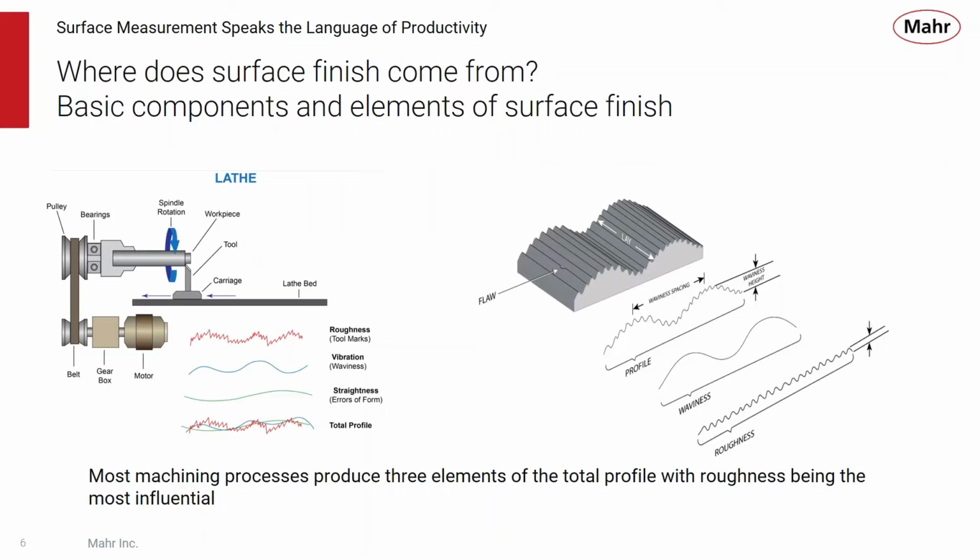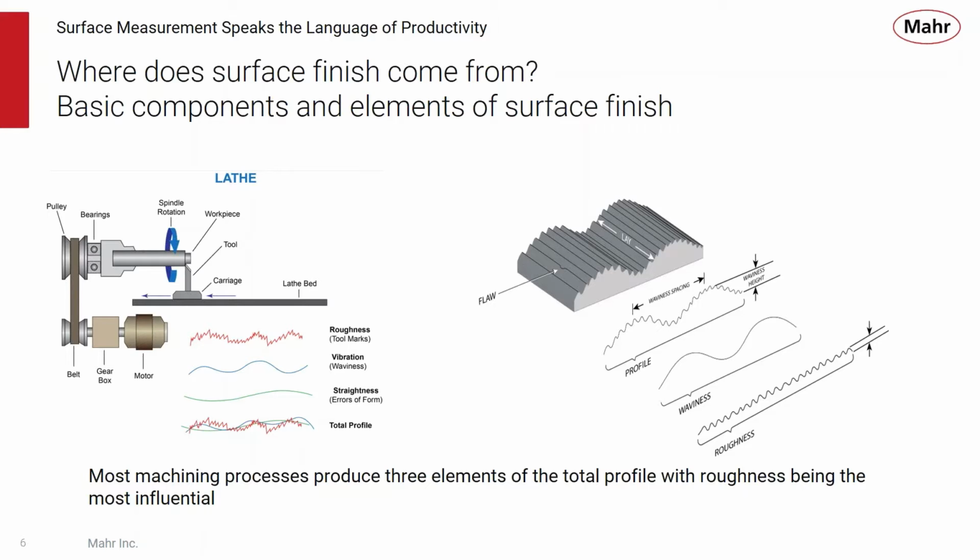Now, where does surface finish come from? Well, like I said, it comes from the manufacturing processes. And a lathe is a very typical manufacturing process, which consists of a bed or a way that the head is moving, the carriage is moving on. There are some motors, there's a gearbox, belts and pulleys and bearings and a rotating spindle. There's a cutting tool, so there are lots of components to that manufacturing process. And each one of them puts a little bit of surface finish into the part being